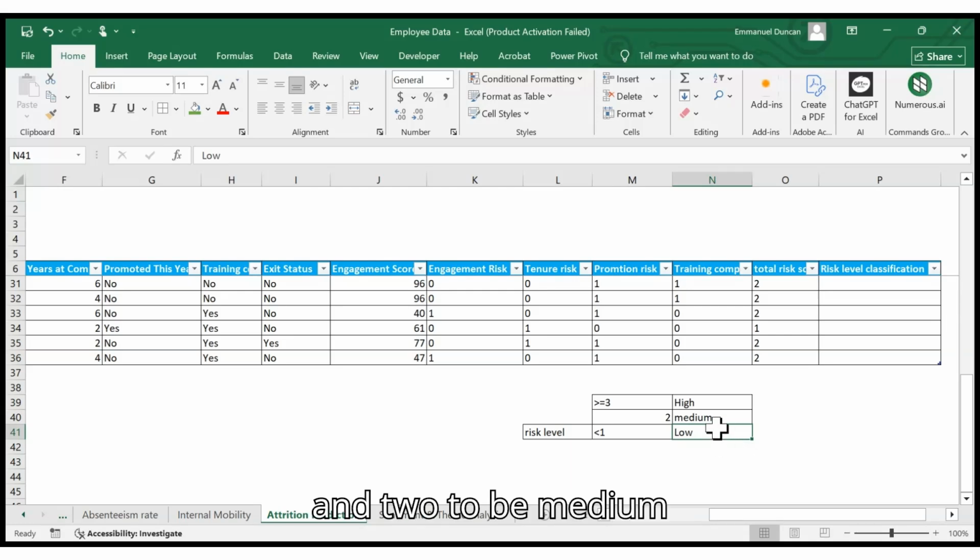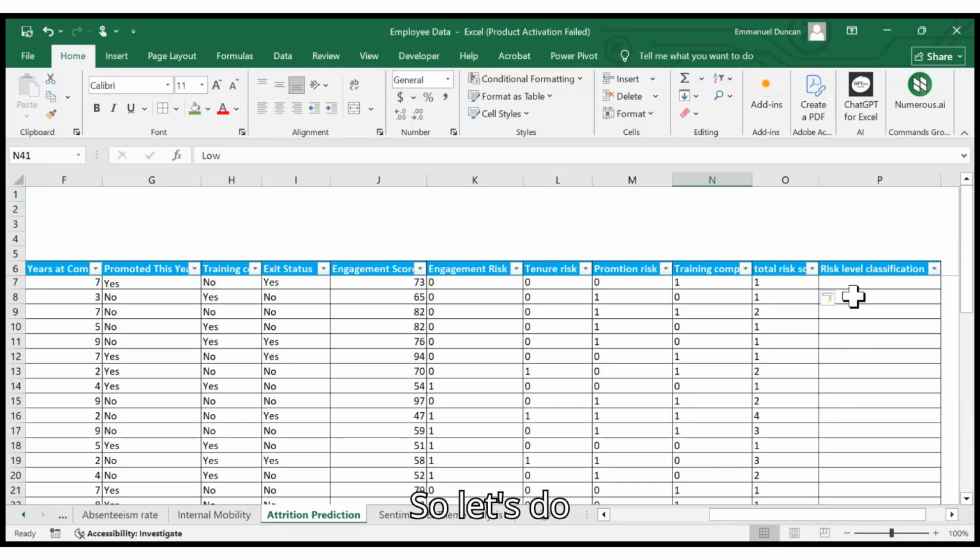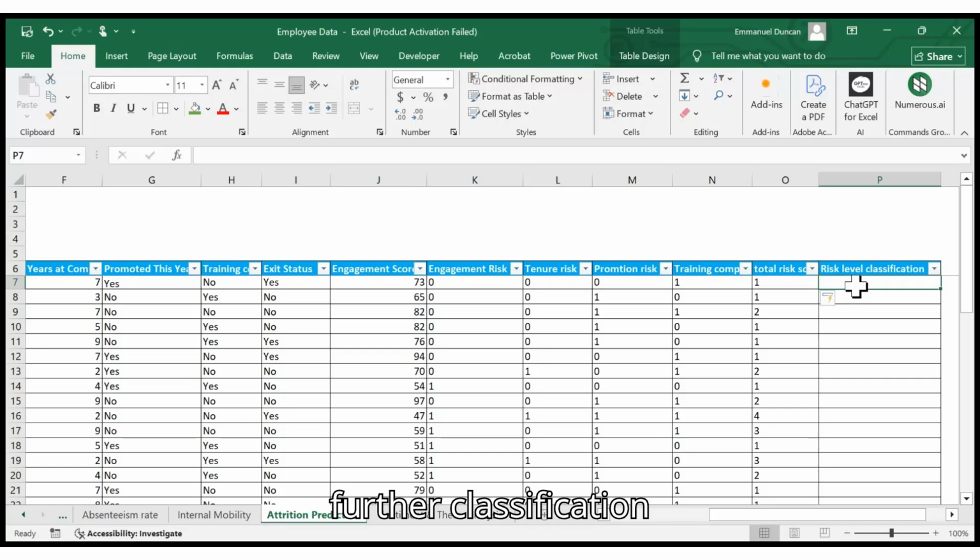And 2, to be medium employees, those in neutrality, we could tell that these people are not likely to leave within our current attrition period. So let's do the classification